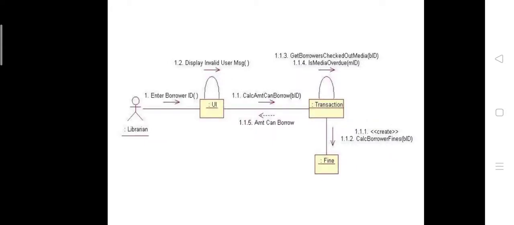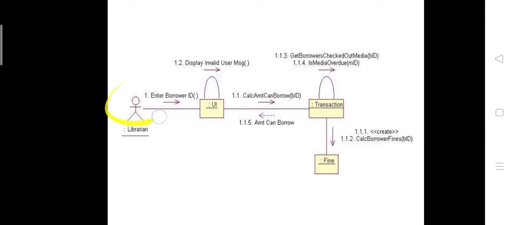Now in this diagram we have shown the different elements of our collaboration diagram: this is the actor, this is nothing but an object, these are the association links, and this is nothing but a message. We give numbering to the messages to understand in which sequence the messages pass. Here we are taking the library management system example with the librarian.